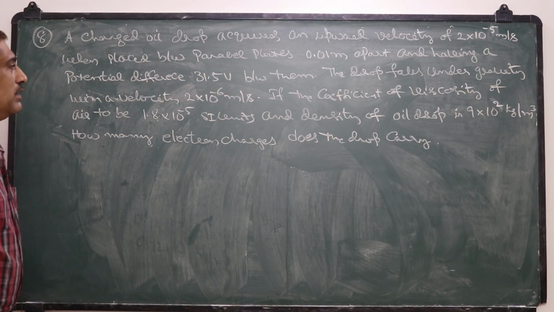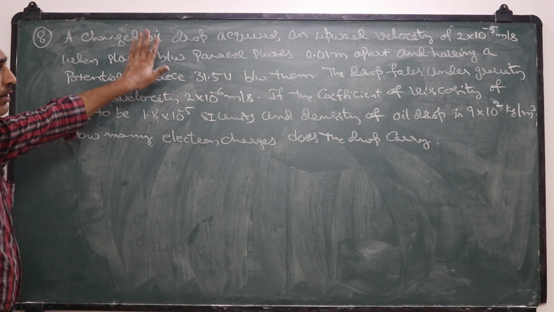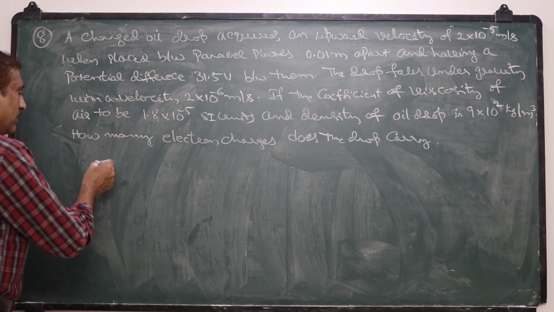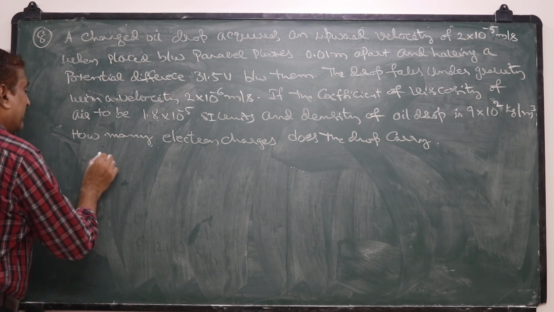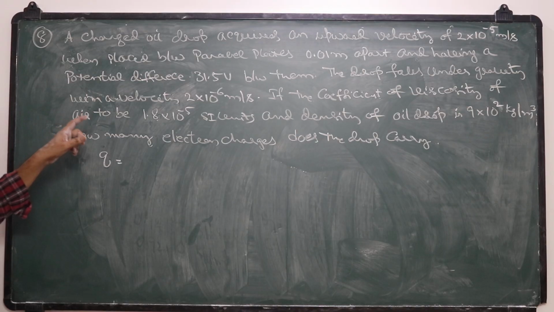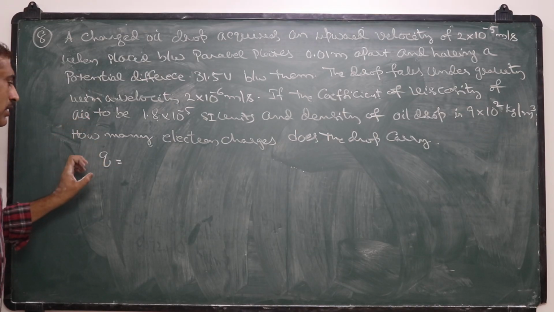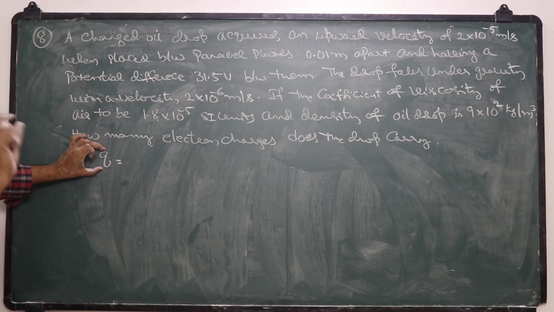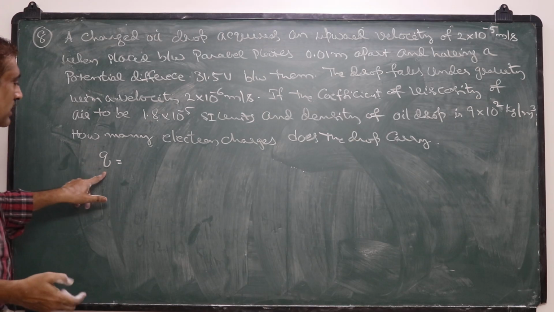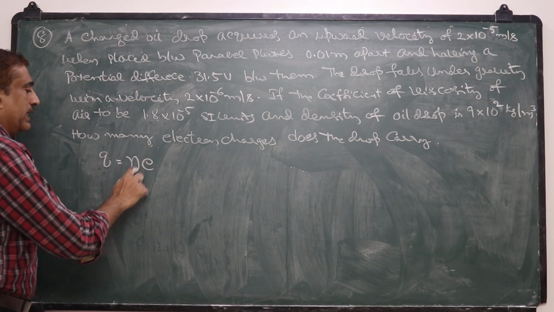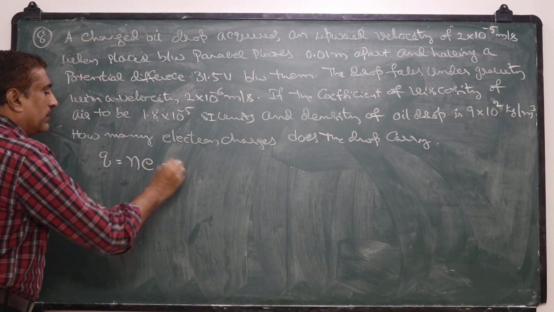Okay. Now this is actually the problem based on Millikan oil drop experiment. The conclusion of the Millikan oil drop experiment is that every charge is an integral multiple of the charge of the electron. So the charge on the oil drop is an integral multiple of the charge of the electron, that is Ne. So this is equal to,